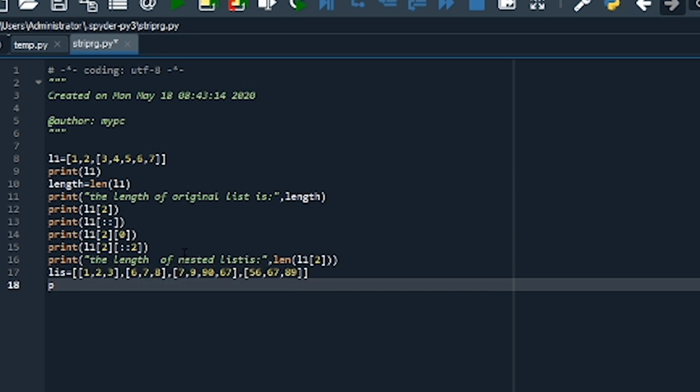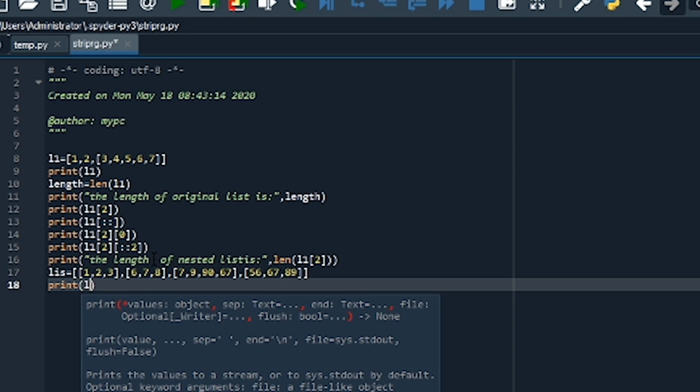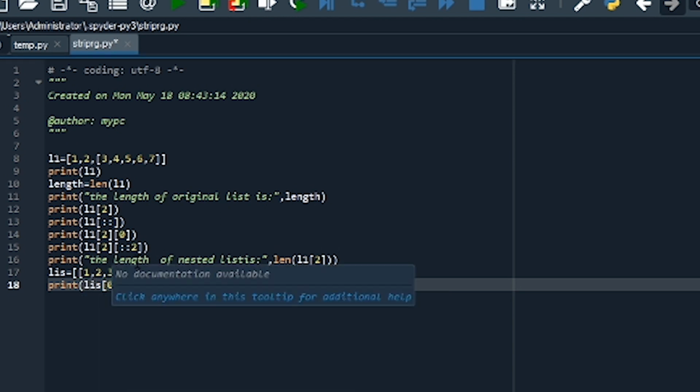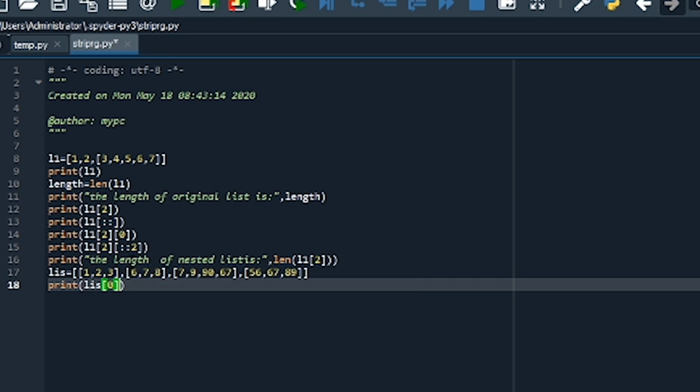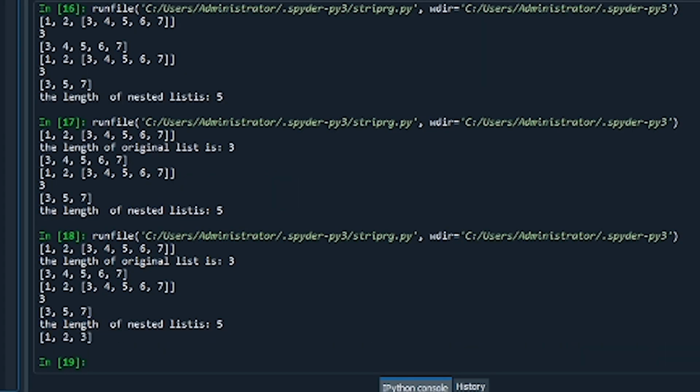For printing the elements, we have to mention the index number. So if I give lis 0, it will display the first list. Run it. Here you can see it is coming 1, 2, 3 in the right hand side window.